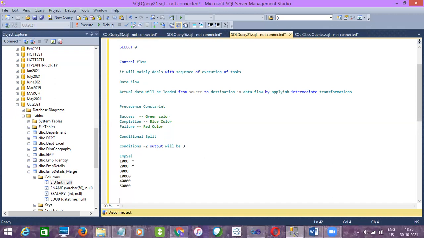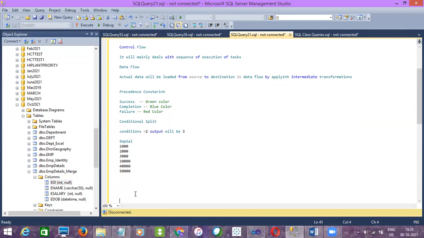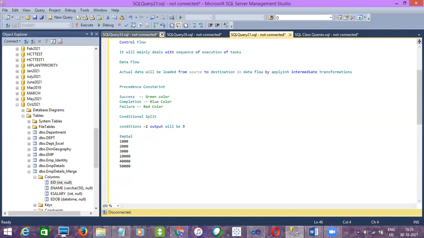So if there are values like this and you have given conditions to load data, let's say you want to load data with employee salary less than 3,000 into one destination. Another condition is employee salary greater than 40,000, right? So how many conditions have we given here? We have given two conditions.